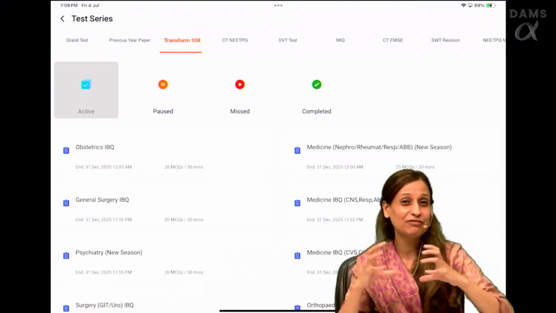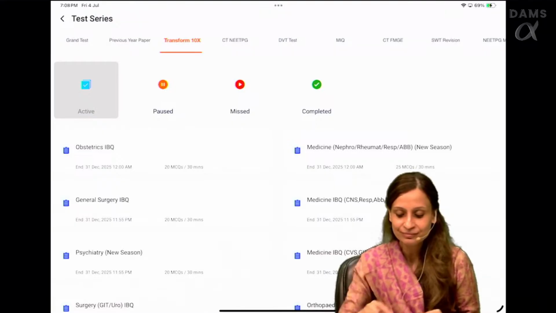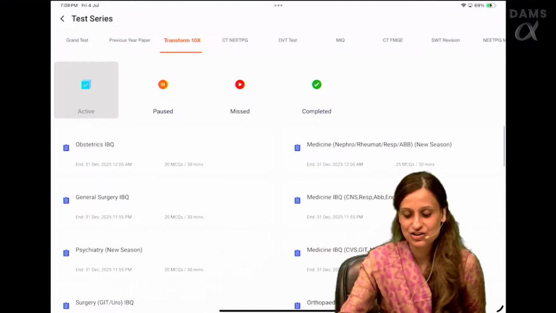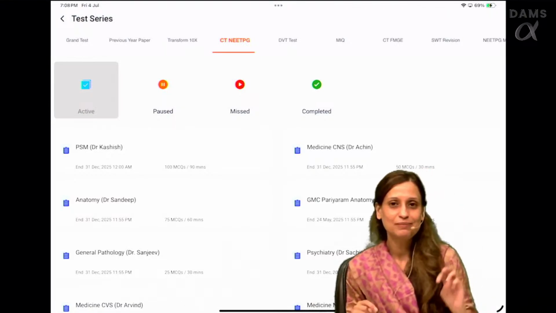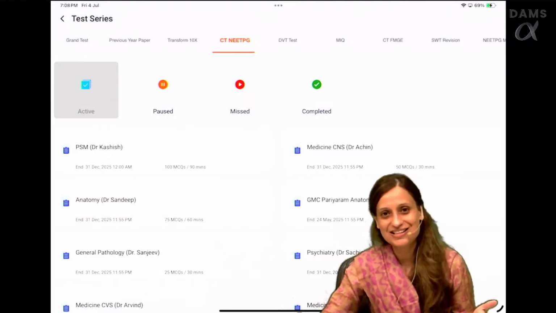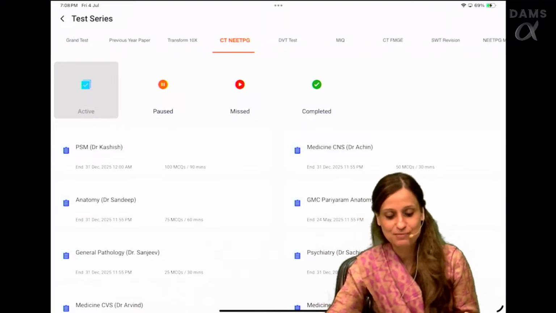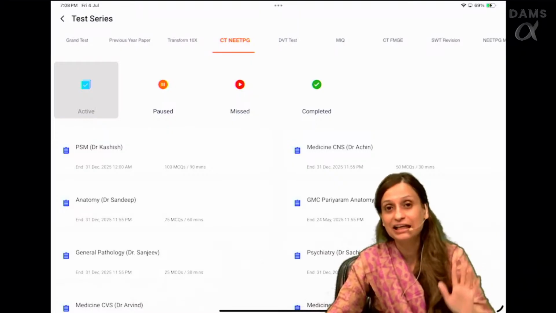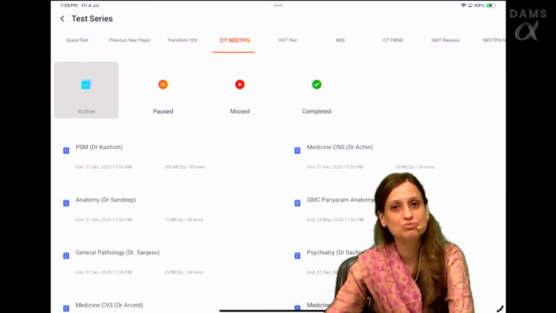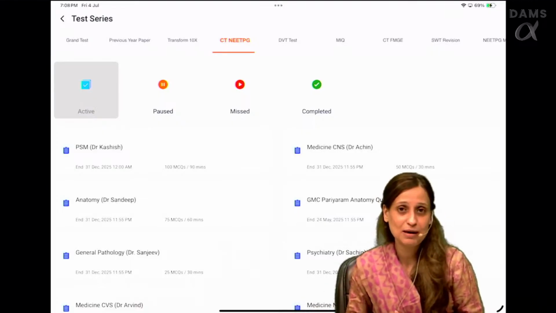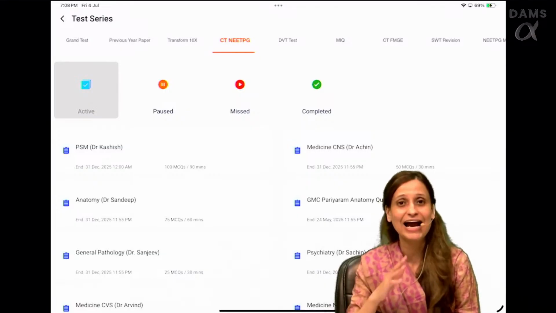They are a set of mini papers. They are specially made for habit forming. The next section that you see is called class test. Now there will be two different class test papers. There is a class test paper for NEET PG and there is a separate class test paper for FMGs. These class test papers are also made by respective subject faculties at DAMS.